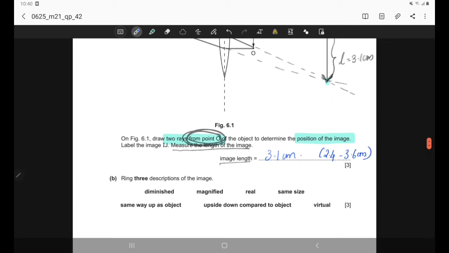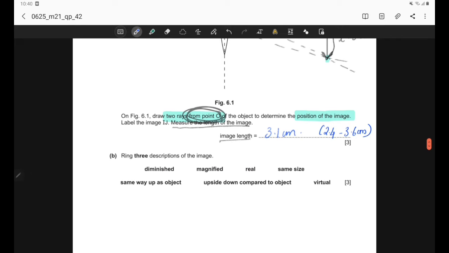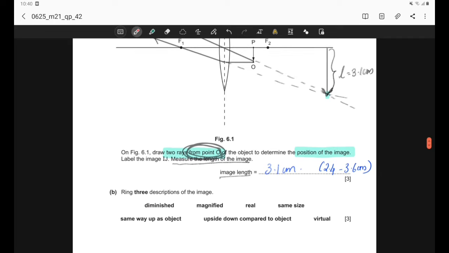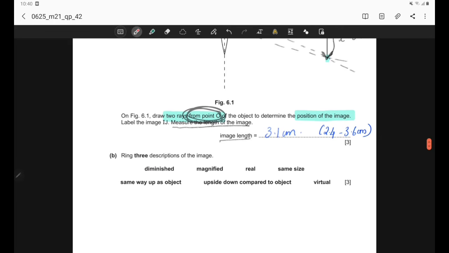Part B, ring 3 descriptions of the image. So the first one given is diminished. No, we have seen the size of the image is greater than the size of the object. So it's a magnified image, not a diminished image. So the magnified is correct. And the third one is real, but we know that the image is not formed from the real rays. We had to extend to the other side. So again, it's not real but it's virtual,